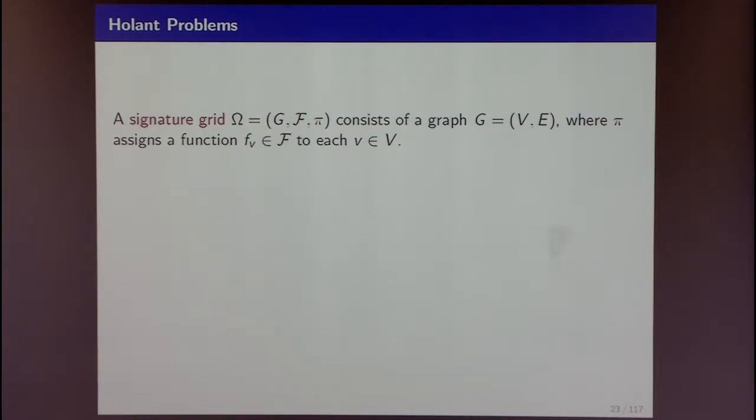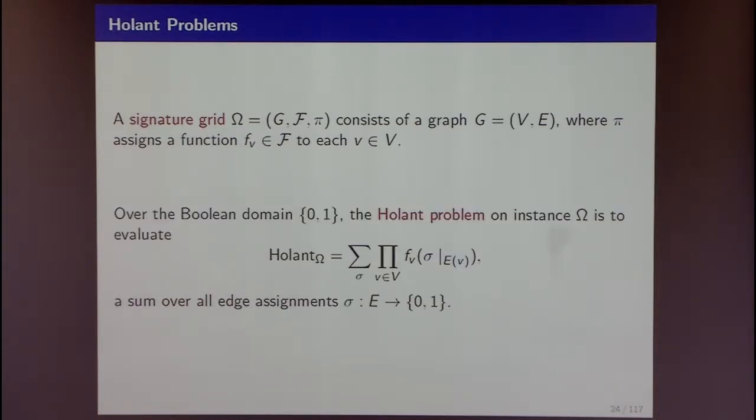So this is a labeling of constraints at every vertex. And then you look at, say, over the Boolean domain for now. You want to assign every edge to be either in or out. And then for the particular assignment of the edges of 0, 1, you look at every vertex where there's an associated constraint function, and you evaluate this constraint function locally with respect to the particular assignment on the edges that are incident to this vertex. And then you multiply them and you sum them. It's a sum of product type computation.